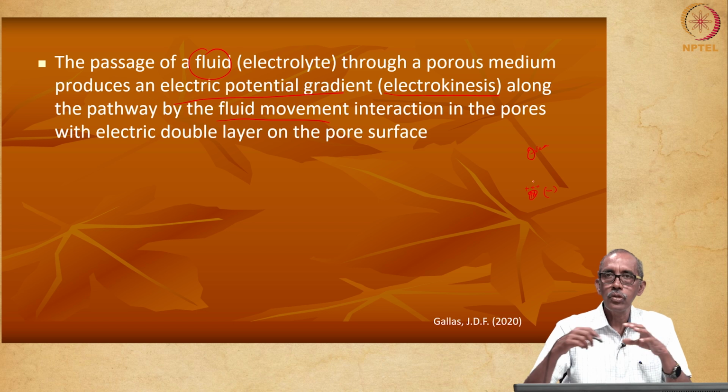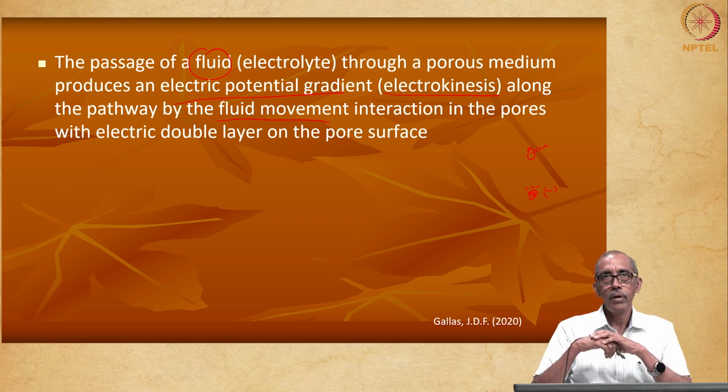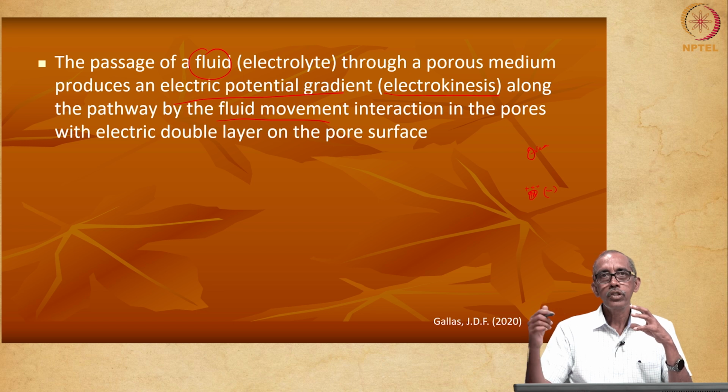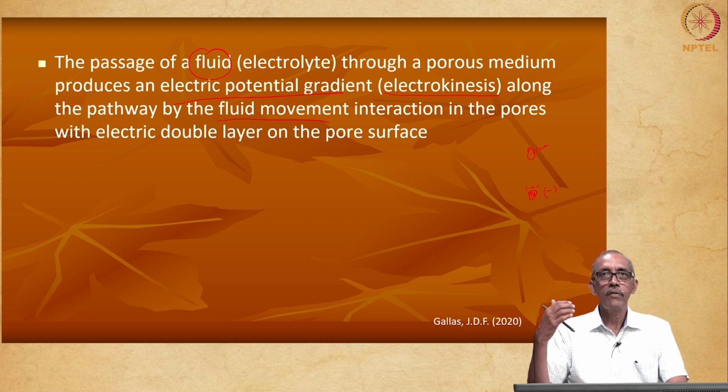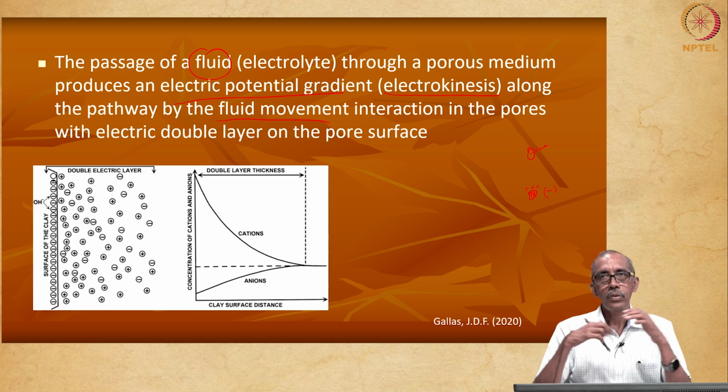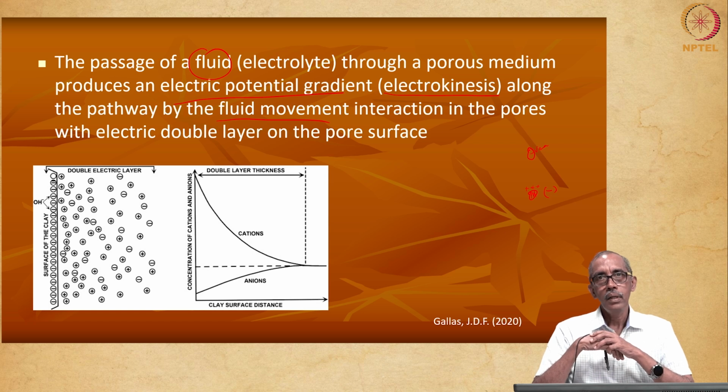After some distance, you will have both positive and negative ions. The flow of water tries to push the positive ions further, but they try to stick towards the negatively charged surface. This leads to a formation of a double layer. This formation of double layer itself generates some cell potential, as you can see in the diagram, right.